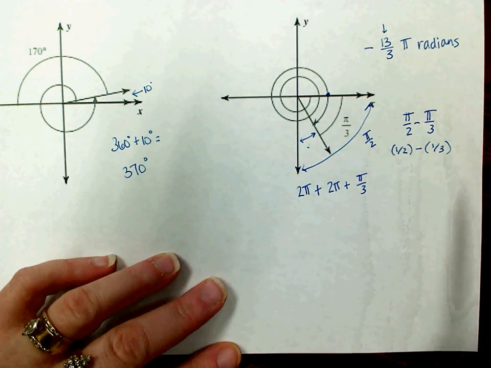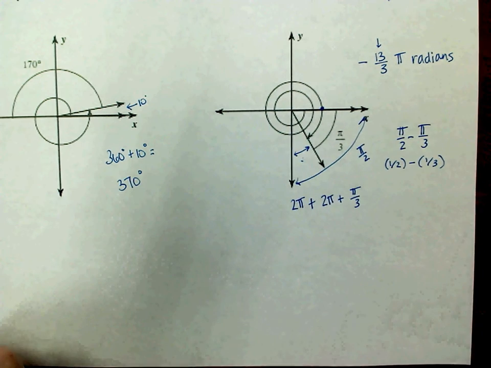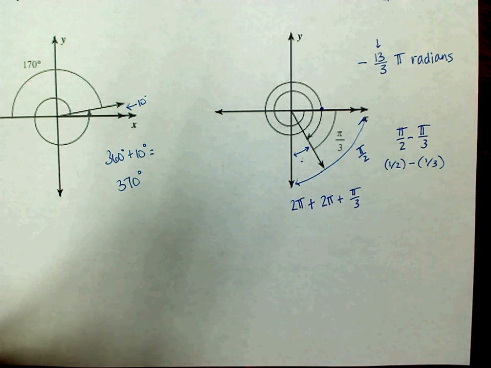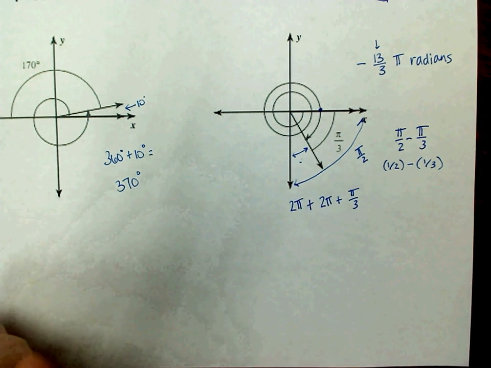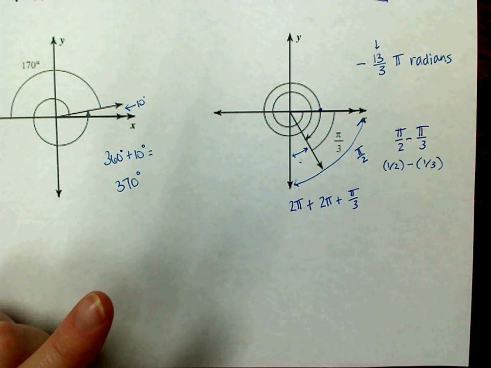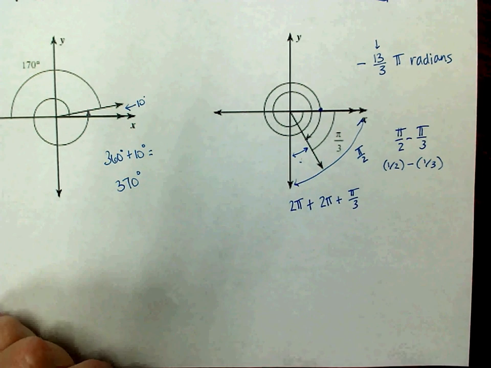Alright, so all you need to know at this point is just to understand that a radian is an angle measure, and it's the angle created when the arc length of that angle and the radius of the circle are the same number. And how to convert using your dimensional analysis between the two,